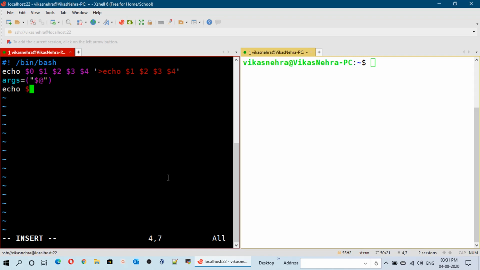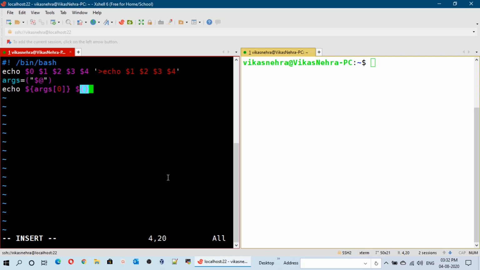Echo $, then the curly bracket, and inside the curly bracket we will use the variable name args, and then the square bracket like this, and the first array, that is 0. After that we will call the second value.